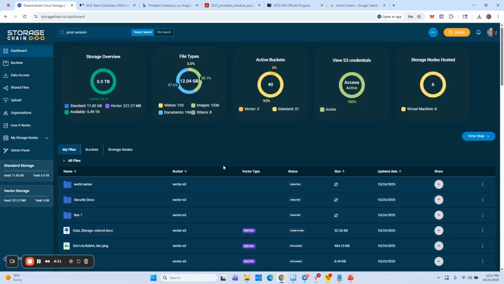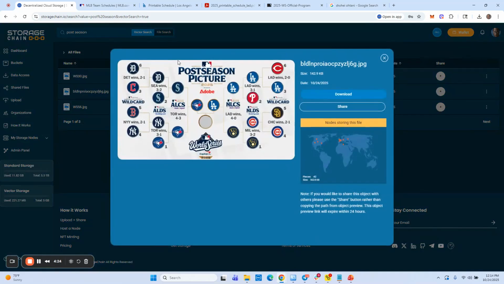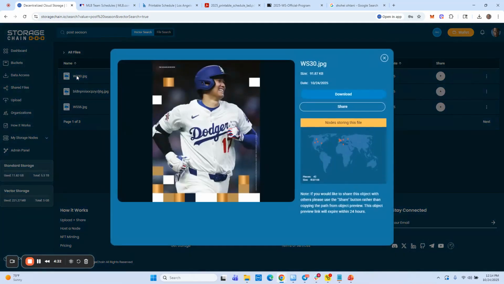All right, so let's take a little bit more of an advanced search. So let's take a look at postseason. We're going to search on postseason, and let's see what comes up. Well, we've got the postseason picture image, which makes sense because it says postseason in there. And we've got, let's see, this is Ohtani here. Looks like his big game with his 3 home runs and his 10 strikeouts,